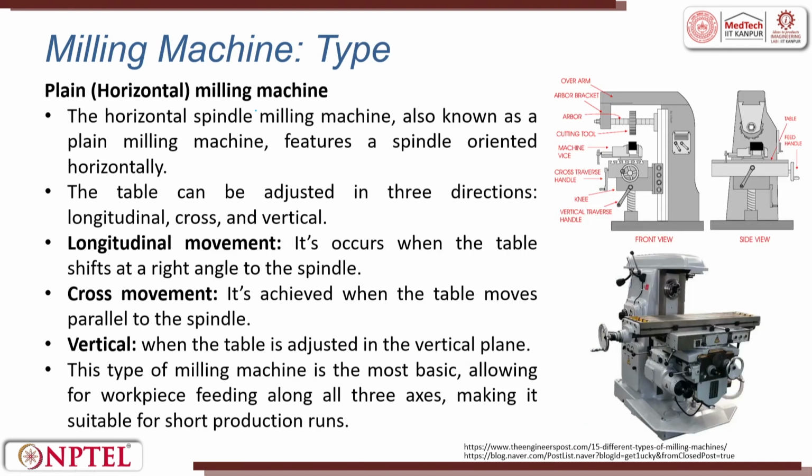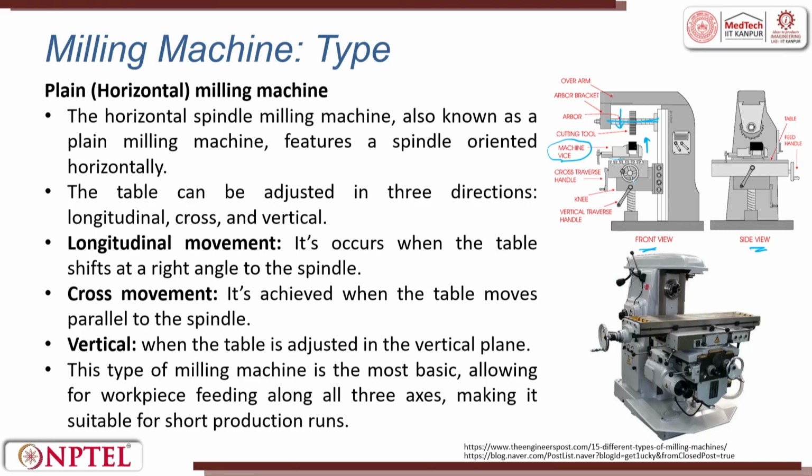So, plain milling machine or horizontal milling machine. In the horizontal milling machine, this is the front view and this is a side view. You can see the cutter is mounted horizontally, and this is the machine vise where the work is held rigidly. Now the table can go up or the cutter can come down, and then it will come in contact with the workpiece to remove material. Depending upon the angle you place the vise, you can have a taper or a straight slot.